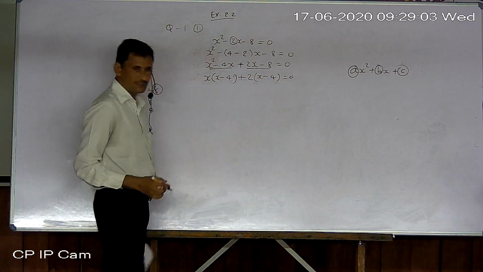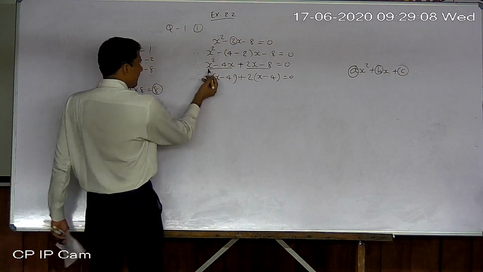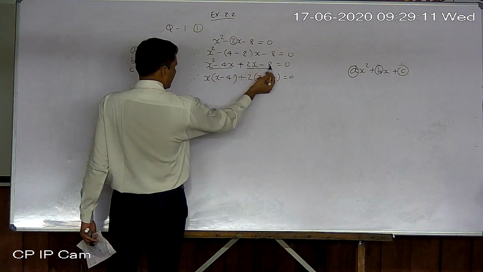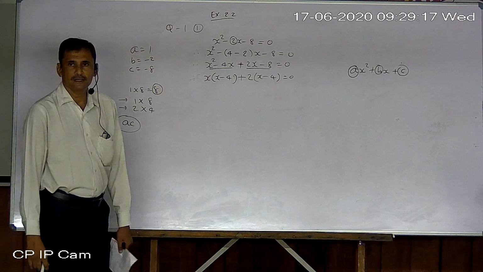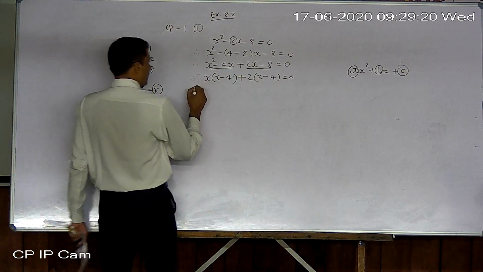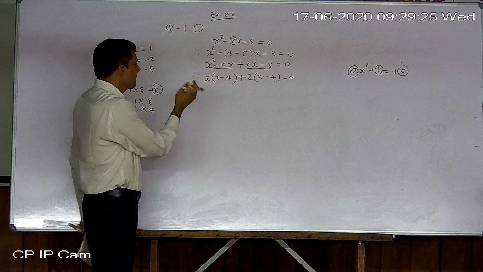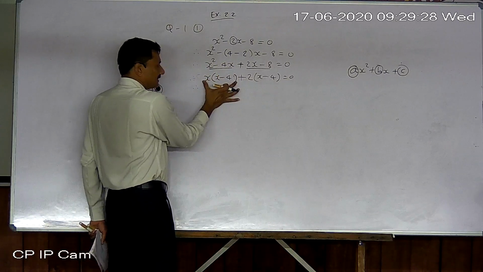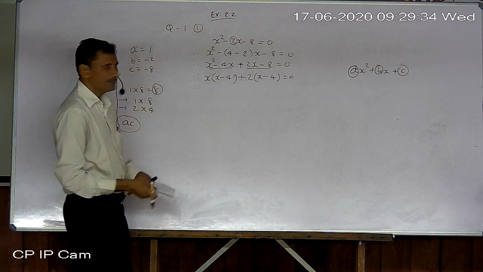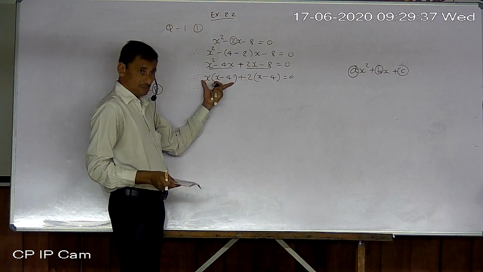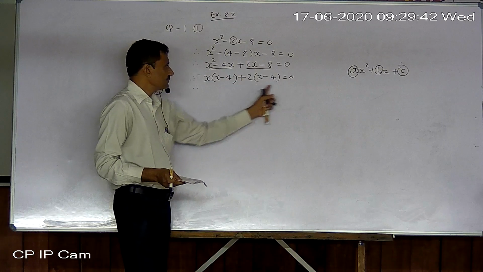Taking common is nothing but a division. So divide each term of the first two terms by x, and divide each term of the last two terms by 2. Whatever is left should be inside the bracket only. So now two terms are here. In the previous step there were 4 terms, now we got 2 terms. Why? If outside of the bracket there is a plus or minus sign, up to that one it is called a single term. So now 2 terms only.